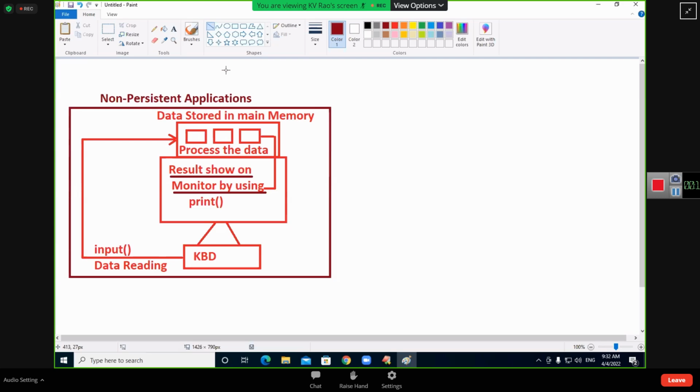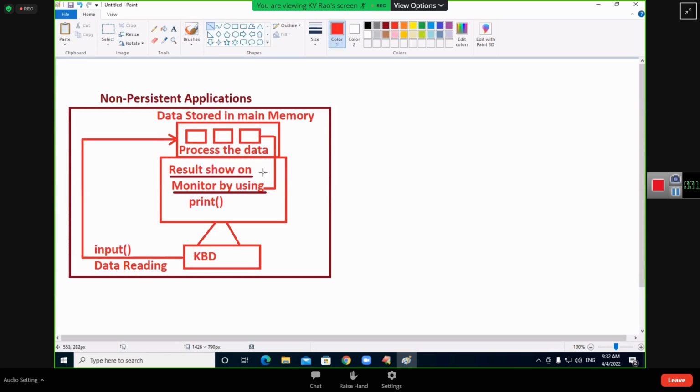How many sales made? What is the profit received? How much is the investment made? What is the sales made? How much investment we made? What is the profit gained? So that type of analysis, if I want, I need to store my data permanently or not. Not only for that, every organization compulsorily requires data. On the basis of data only, we can make effective decisions. That's why students, whatever data you have, I want to store such data permanently.